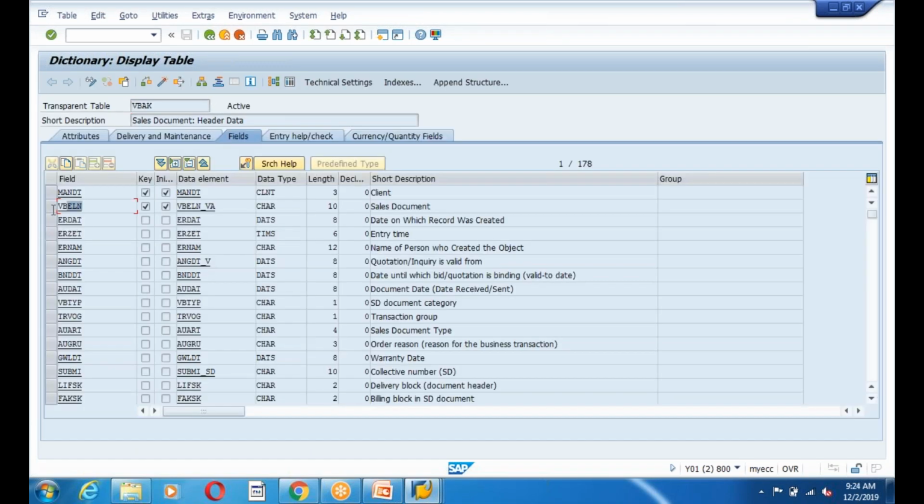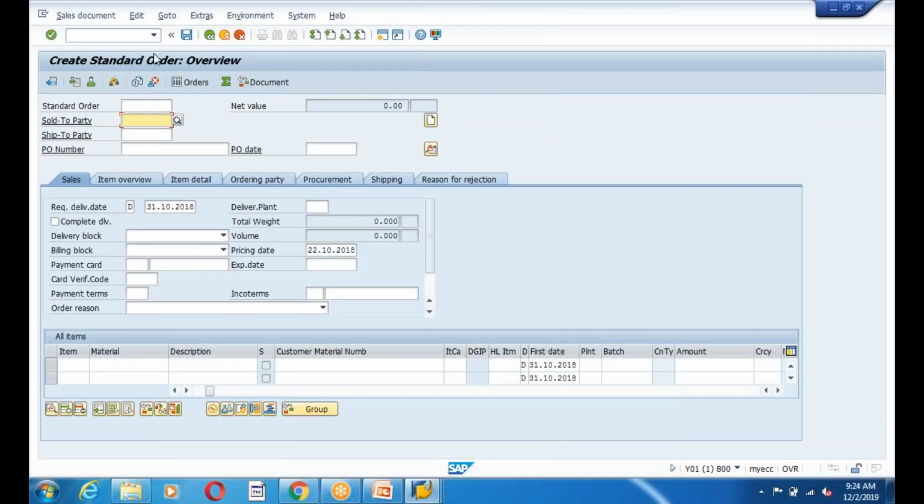And see, guys, I told you, right? SAP follows shortcuts for the field names, field length shortcuts: VBELN. That means it's the sales order number, guys. And see, what is this? This is the primary key for this table. That means I can have only single unique values of the sales order number in this table. I cannot have duplicates, right? So let's take an example.